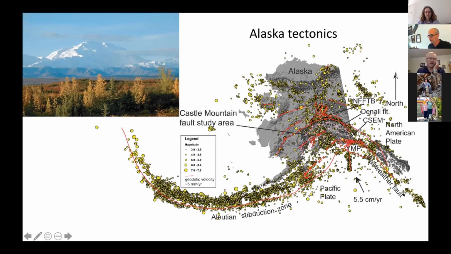It has a lot of similar types of features on the seafloor, which makes it tough for us to study them, but they're there. I won't show any examples of that. But slip along that is then partitioned into the building of the Chugach Mountains and then into the Alaska range along the Denali Fault. And so the Denali Fault moves at about 10 millimeters per year, and it's responsible that